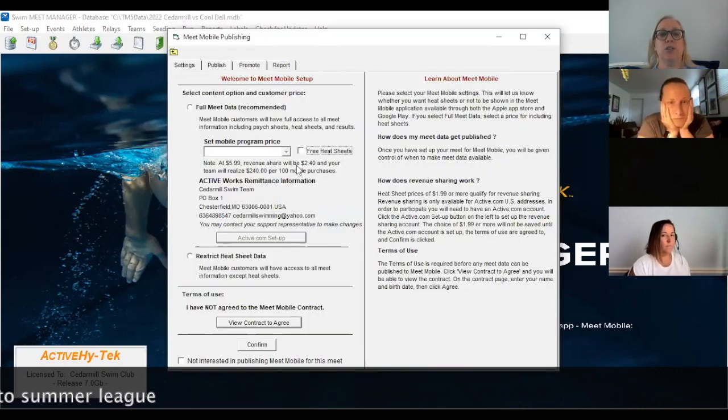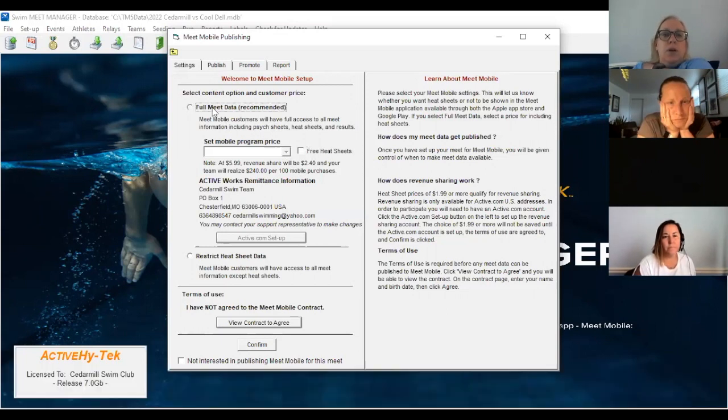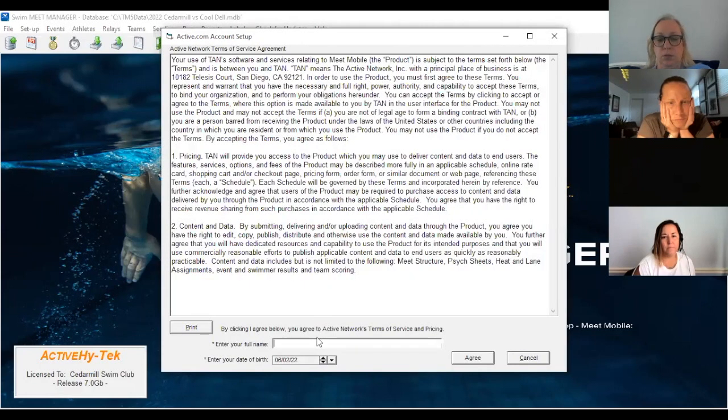Oh, and then it's going to ask you to set up Meet Mobile. You click on Full Meet. You want free heat sheets. You have to agree to this. Put in some date that's not